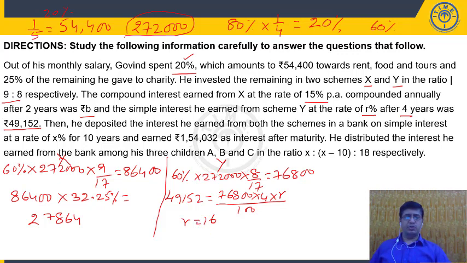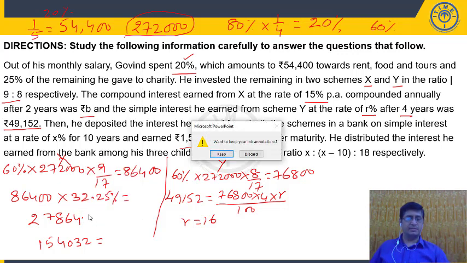Now substitute these values. Then he deposited the interest from both schemes in a bank on simple interest at a rate of X% per annum for 10 years, and the interest is 154,032. So 154,032 is the interest when he invested the interest from the